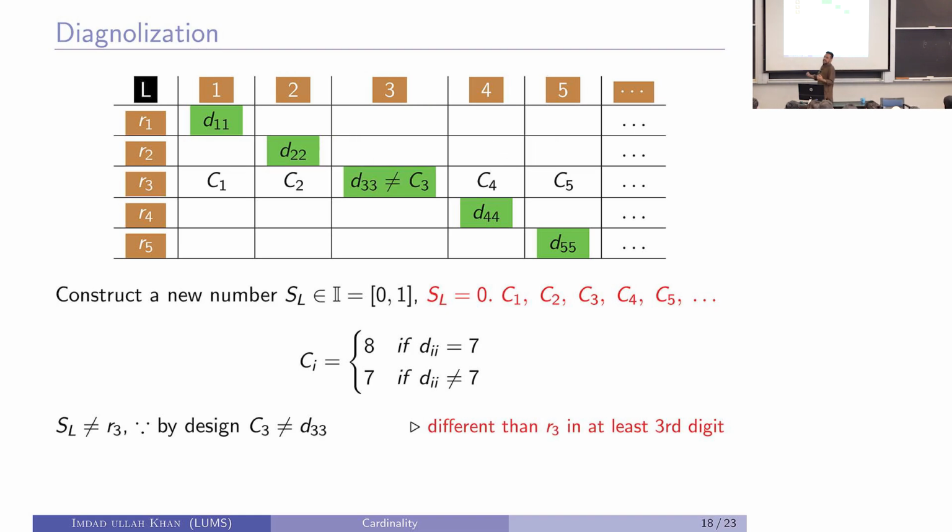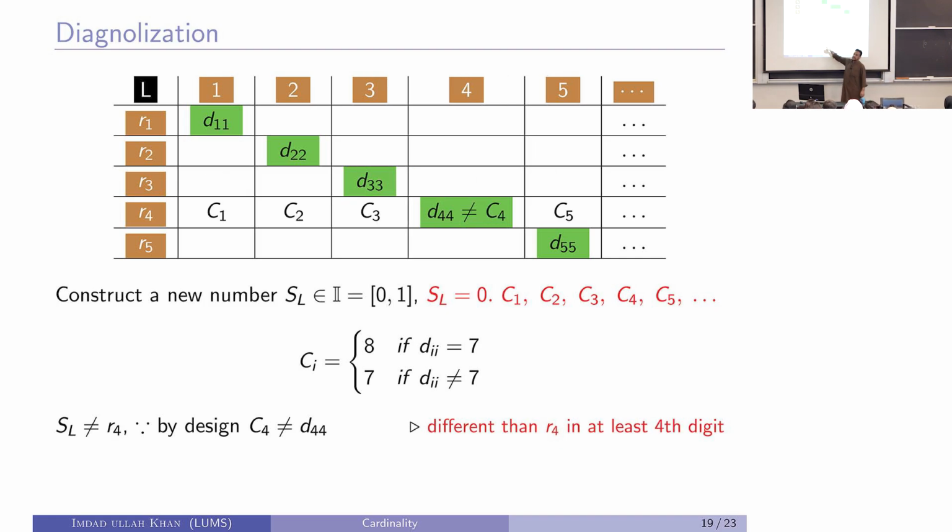Can SL be equal to R3? It cannot be equal to R3. The third digit will differ. Maybe other digits will also differ. At least the third digit is different between SL and R3. Can it be equal to R4? It cannot be equal to R4, because by design, you see, look at the substitute i equals 4 here. C4